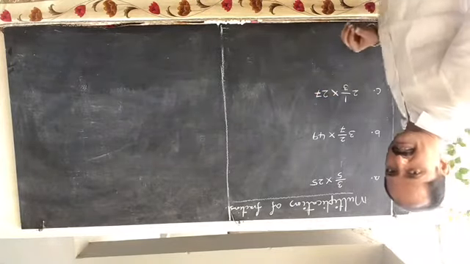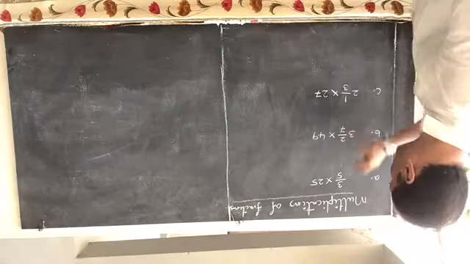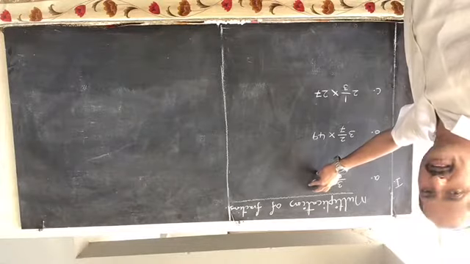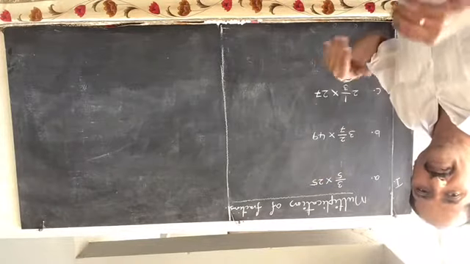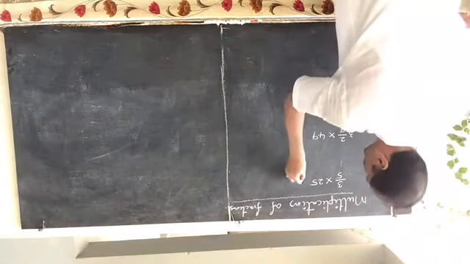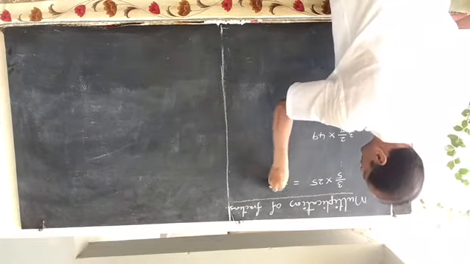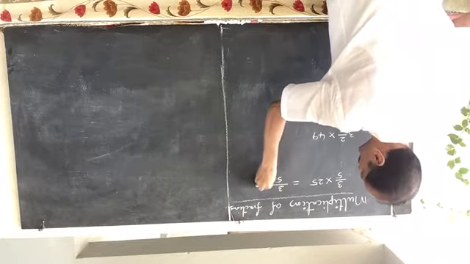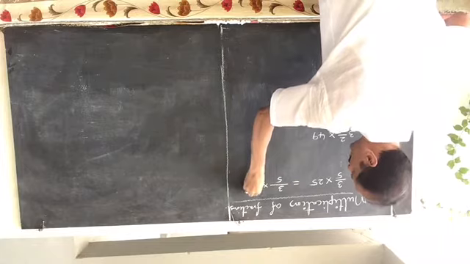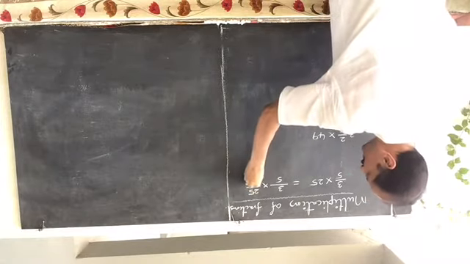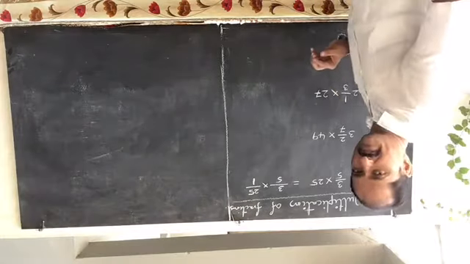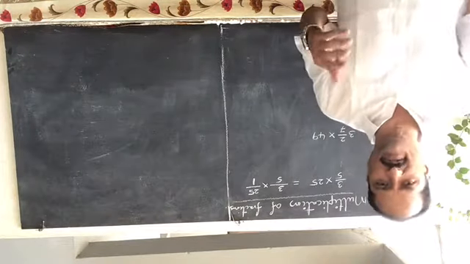Now observe carefully these three fractions. This is multiplication of a fraction with a whole number. Whole number 25 means 25 by 1. It's nothing but 25 by 1. So just to multiply this fraction, 3 by 5 as it is, into, write this as a fraction, that is nothing but 25 by 1. If you divide 25 by 1, you will get 25 only. If you multiply 25 by 1, you will get 25 only.